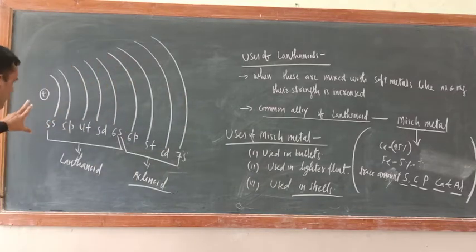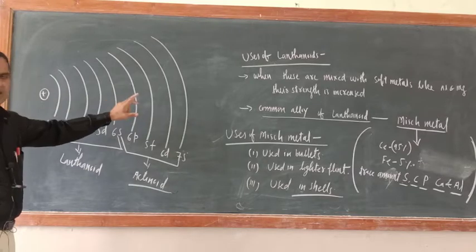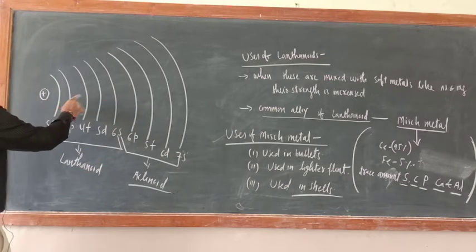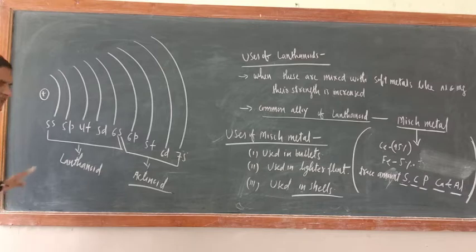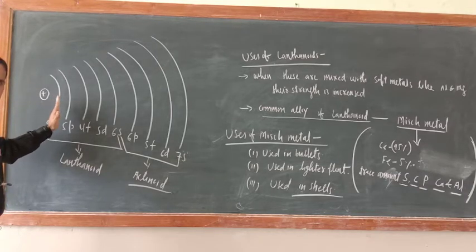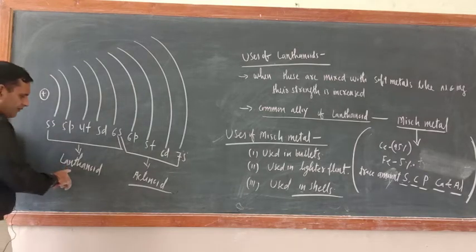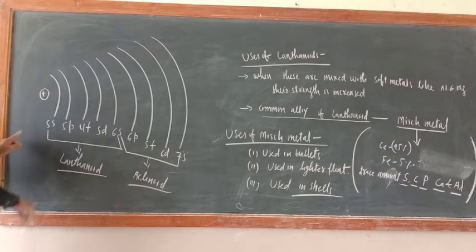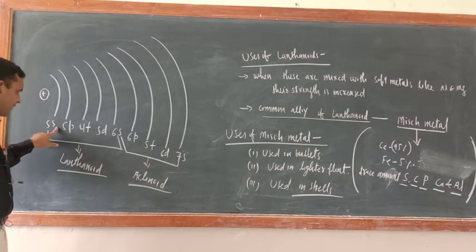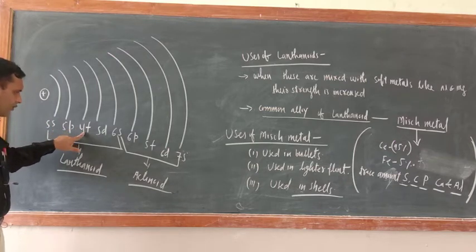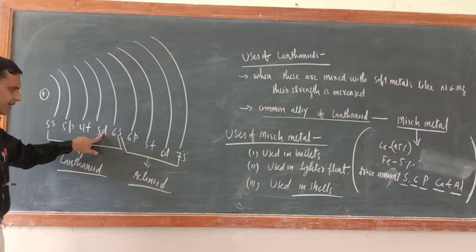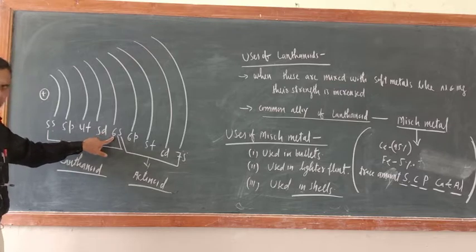Now on this side I wrote the nucleus and some of the shells: 1, 2, 3. Before that also, shells are there. I want to convey one piece of information by making this diagram. What is that? Just see. In the electronic configuration of lanthanides, how many orbitals are involved? 5s, 5p, 4f, 5d. Correct or not? And 6s. Correct? No problem at all.